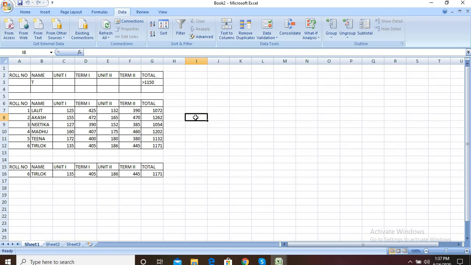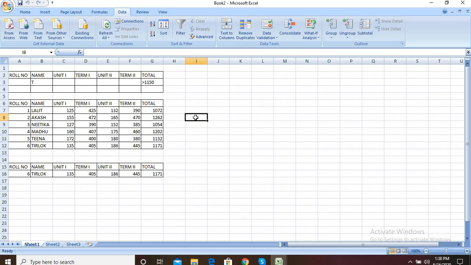Sometimes you have to write only numbers there, but maybe we can write letters or special symbols, and they can be accepted. Why? Because we are not applying data validation on that specific table. So with the help of data validation, you can add only valid entries in your table.